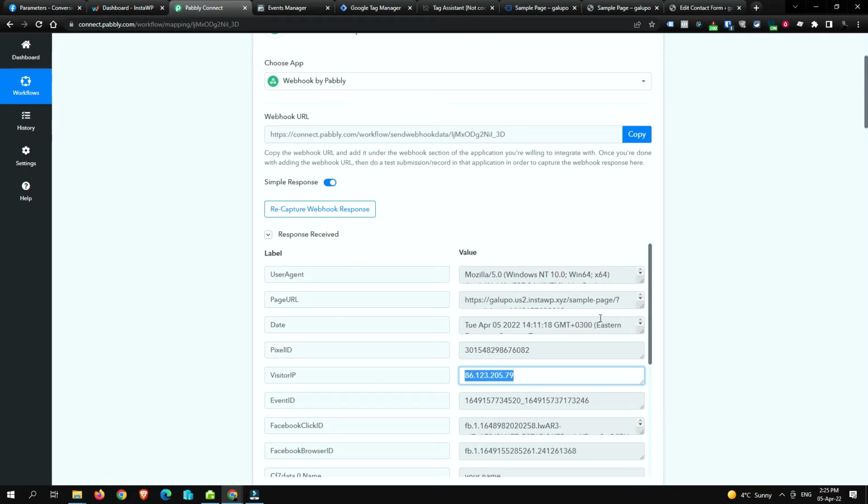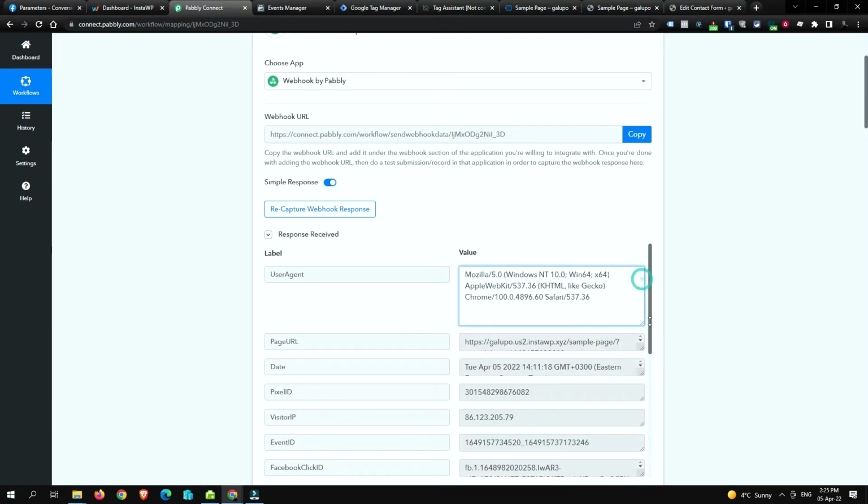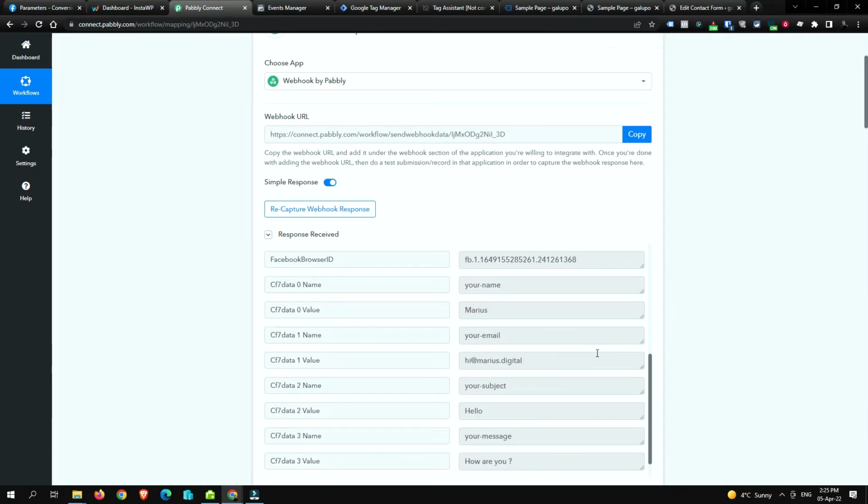I guess page URL, date. Yeah, the user agent is too technical, not that useful to send into Google Sheets maybe. Anyway,